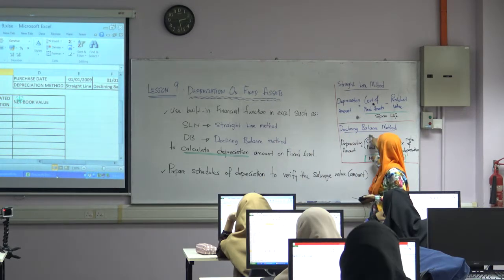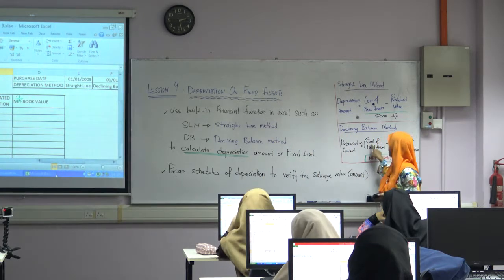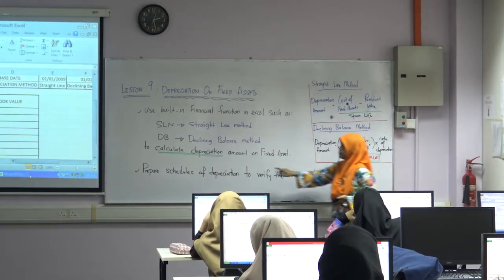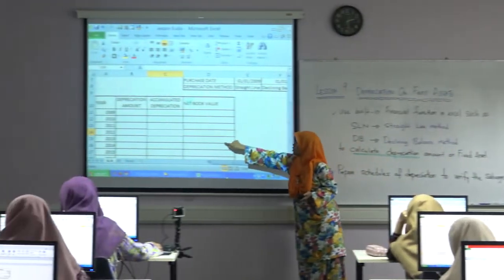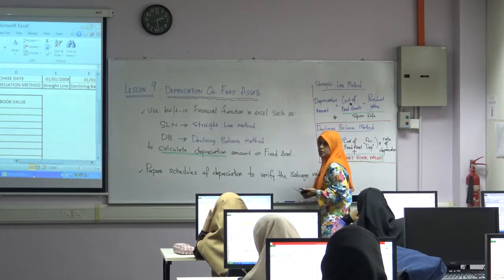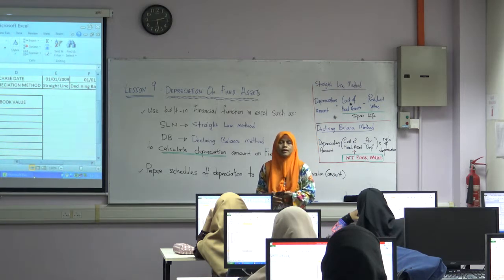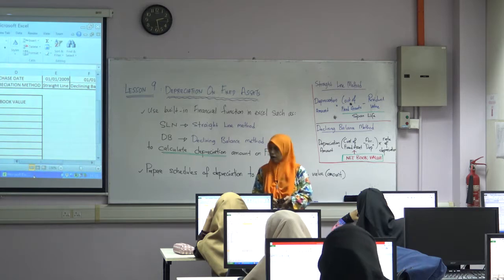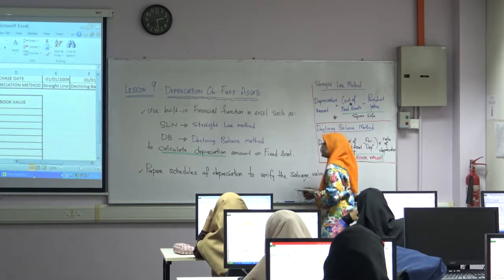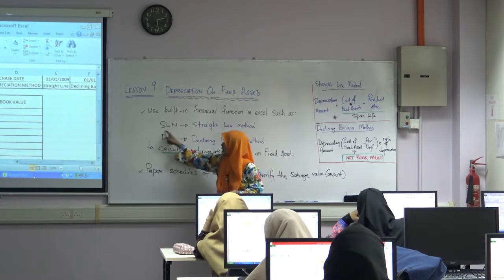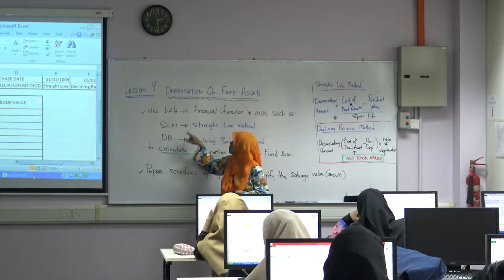And for declining balance method, you will need cost of fixed asset minus your accumulated depreciation, which is your net book value here, okay, to be applied against your rate of depreciation. So rate of depreciation can be calculated using a formula, or the rate of depreciation will be automatically calculated using the DB function argument built in